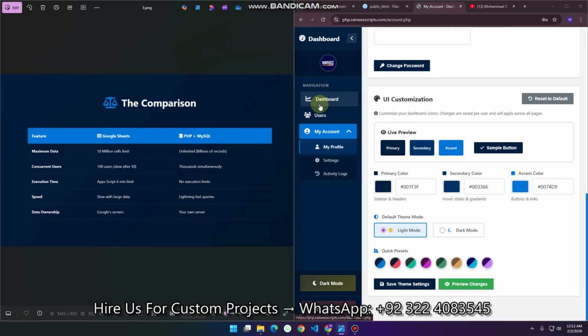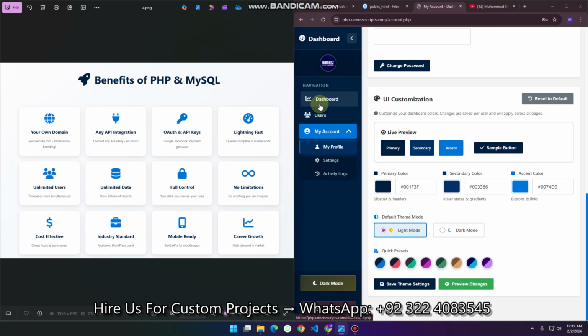As for data ownership, in Google Sheets your data is controlled on Google servers, but with PHP and MySQL, it is on your own servers. There are a lot of benefits I have mentioned here for what you can do with PHP and MySQL. Number one is that it is very professional. You can do your professional branding with your own domain name, because PHP and MySQL is scalable and you can add unlimited features step by step. So first of all comes your own domain, then any API integrations. You can connect any API,